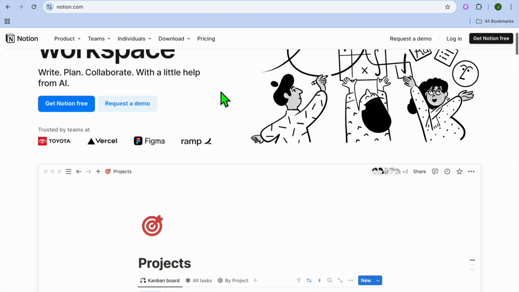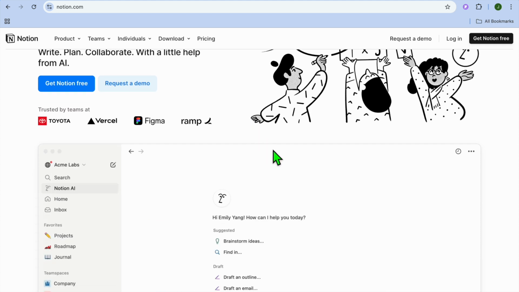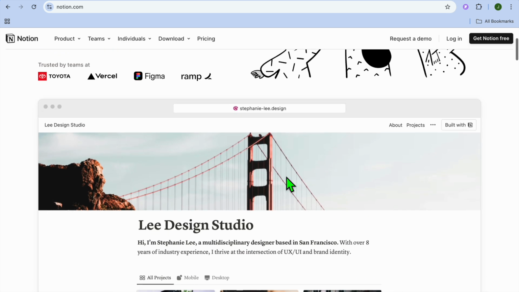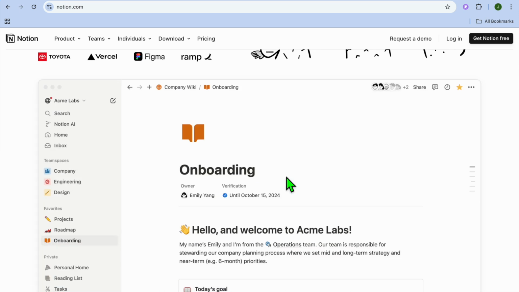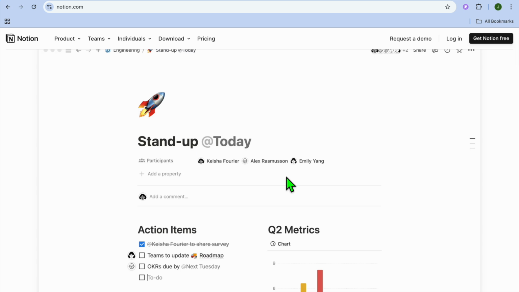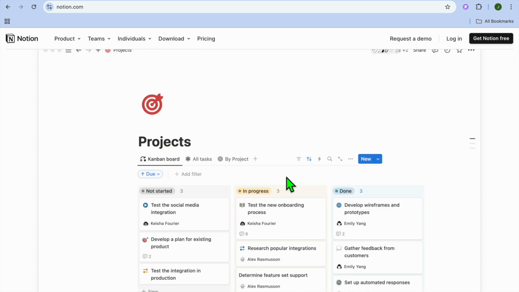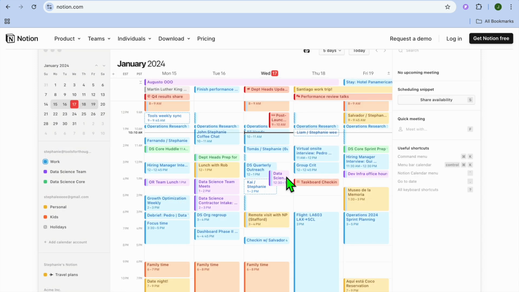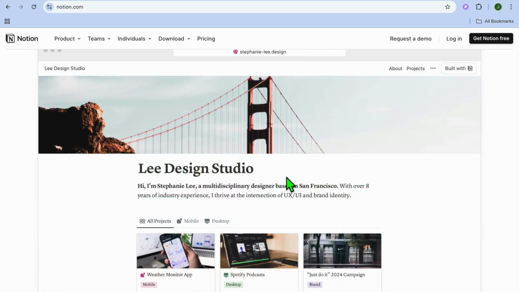Notion is an all-in-one workspace that combines note-taking, project management, and database organization in one place. It's widely used for personal productivity, team collaboration, and knowledge management. Some of its standout features are customizable workspaces with drag-and-drop functionality, databases, Kanban boards, and wikis for project management, collaboration